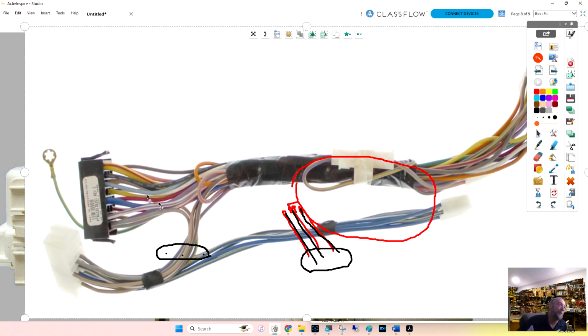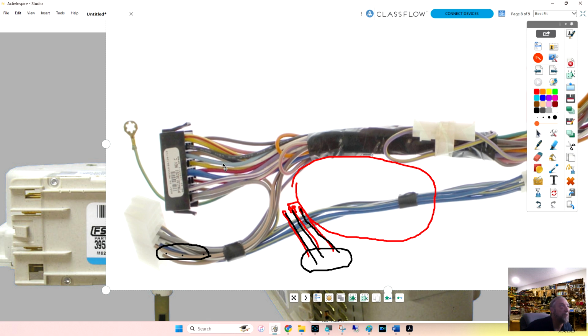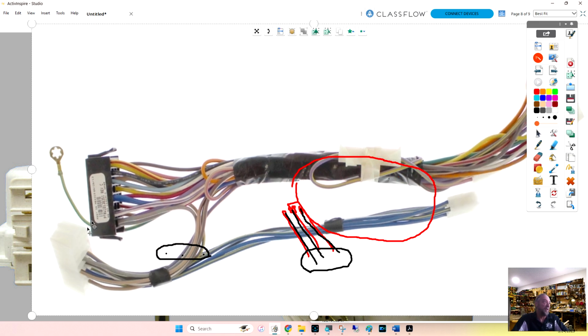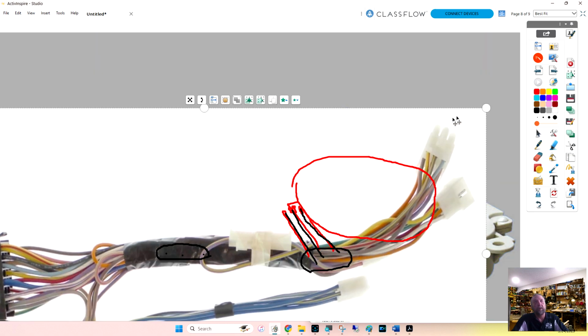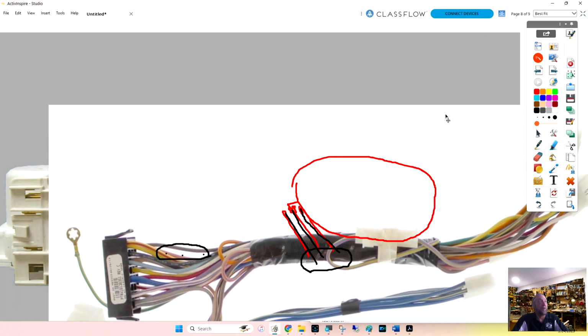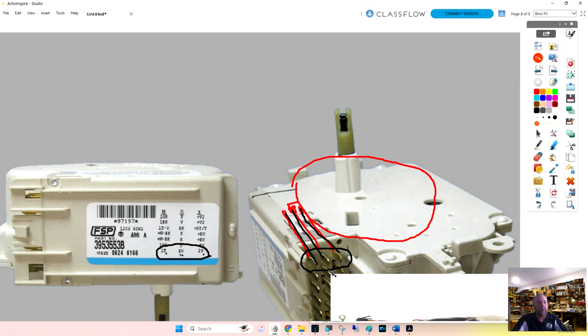This was supposed to be from a direct drive washer, so I don't know if it is or not, and it's not. But I would be looking here for like violet, blue, and tan on one end, either this end or that end. I'm going to get you guys a better picture. This is the wrong timer one. Like I said, I looked for a while now trying to find these images and couldn't find the one I wanted.